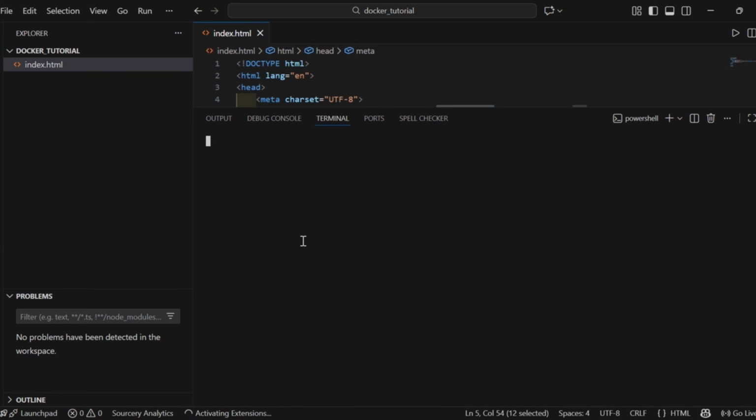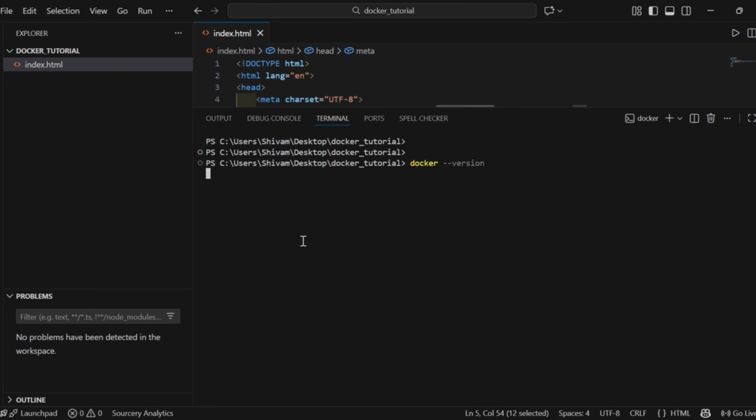Activating extensions. System is slow. Yeah, opened. So let's check again. Docker version. So it should show the version. It is showing. So first of all, I am running the command docker